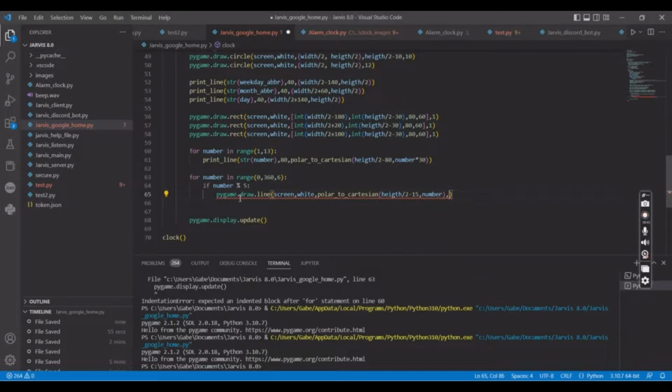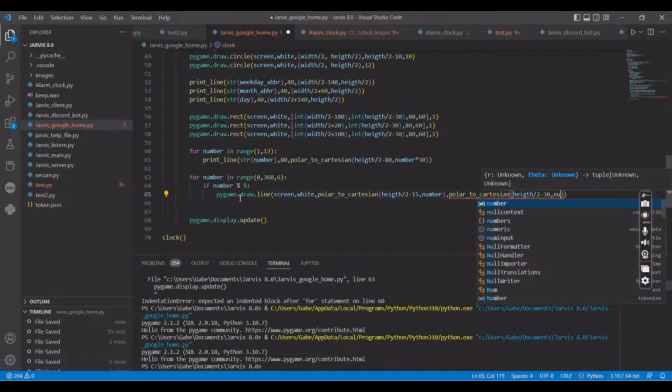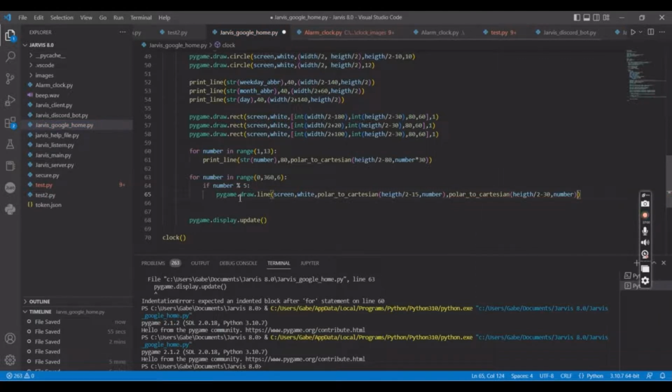Now for the next one, it's still polar to Cartesian. We need to pass in now height divided by 2 minus 30. And is it the same value? Yes, number as well. And then we need a width. And for this one, we're going to do 2. So if we run it,